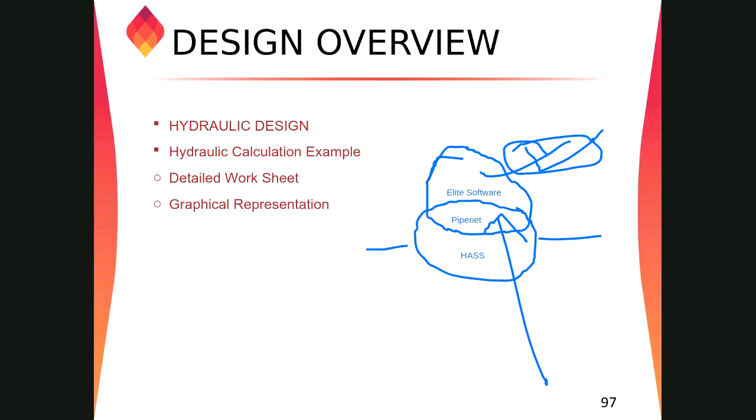No one is going to allow this software for a big project in petrochemicals and oil and gas, because for those areas they will need more advanced software which will generate more accurate values, and there will be numerous information in that, the graphs and all those things will never come in the Elite software. So we have to go with PipeNet or HASS or maybe any other software which is approved.